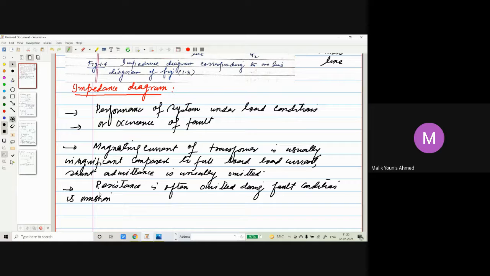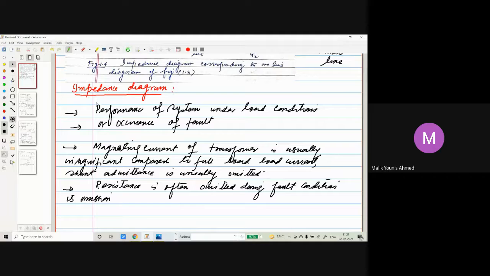So that's why we neglect the resistance during the fault conditions. I will repeat it again. Resistance is often neglected under the fault conditions. Its omission will not have a significant effect on the analysis of the power system, because error introduced in the system will be very small,